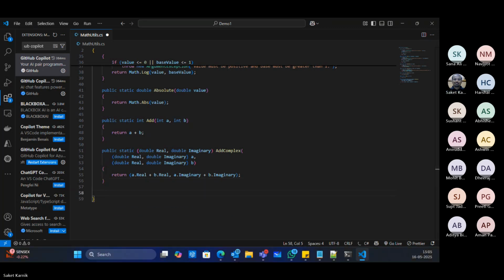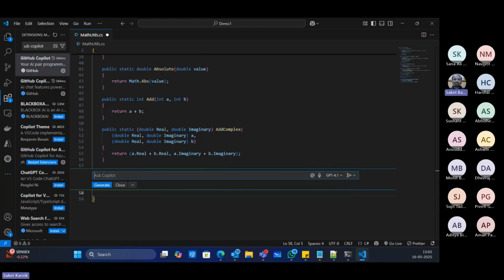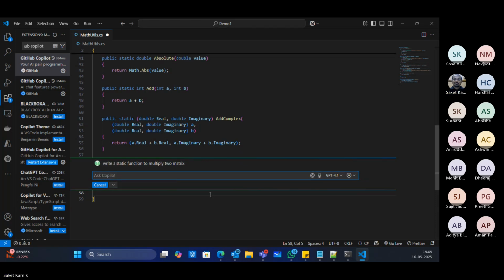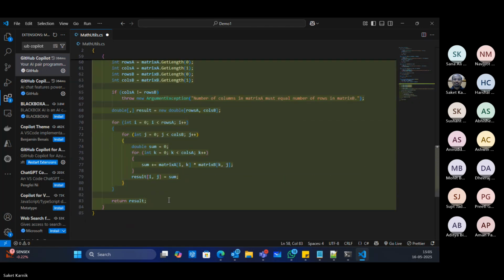Right? One more I'll go for. Let's say write a static function to multiply two matrices.